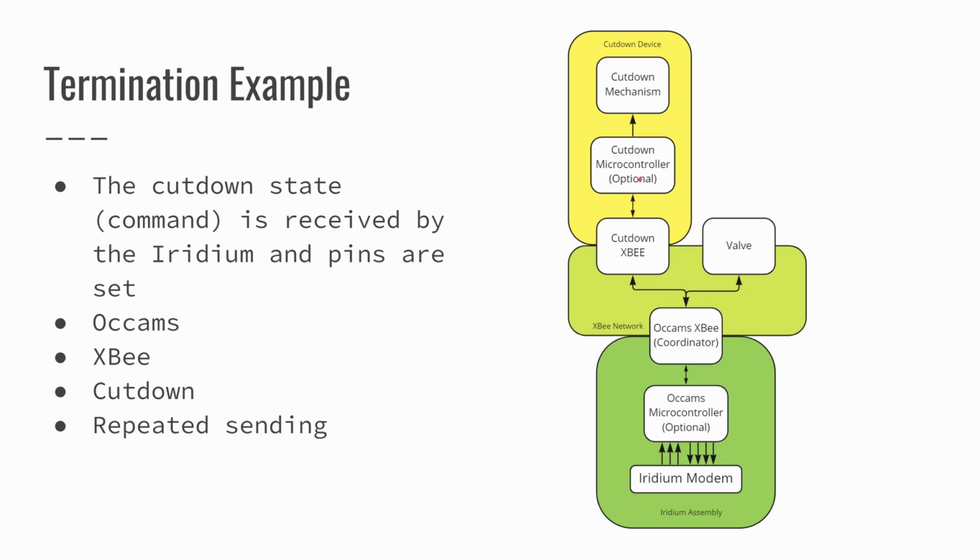And then the microcontroller, whatever's controlling it, could be the XBee, I'm just going to point to this, will go, okay, I've cut down, and then it sets a flag. It's like, all right, I have cut down, and I'm not going to keep trying to cut down. So it just happens once. But that said, this XBee will continue to say, hey, cut down state, cut down state. And this has to filter that out because of the state-based nature.